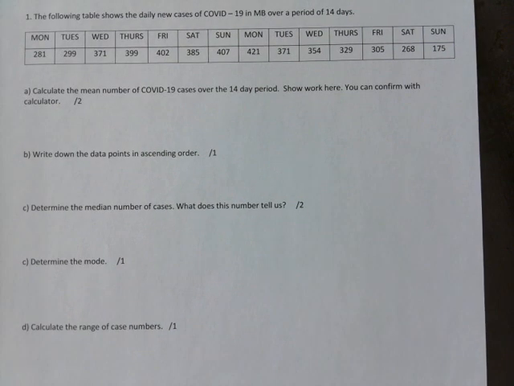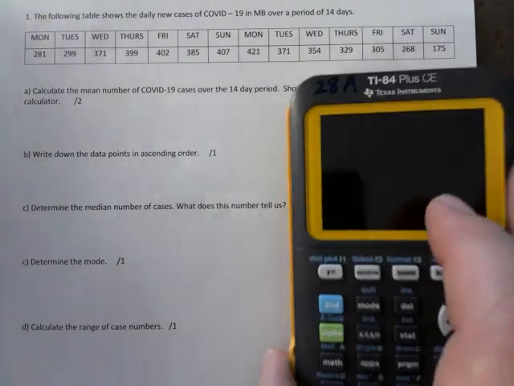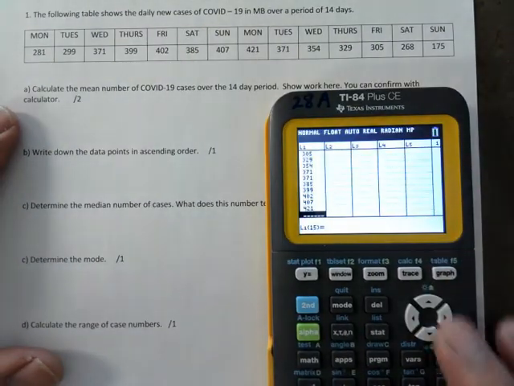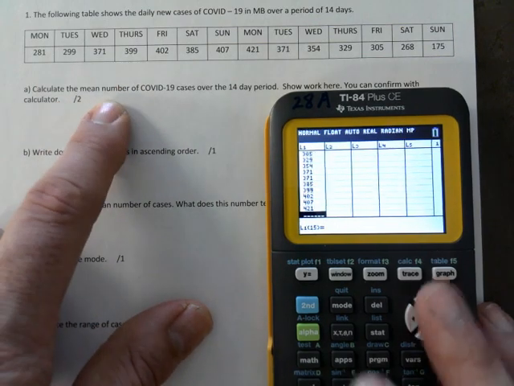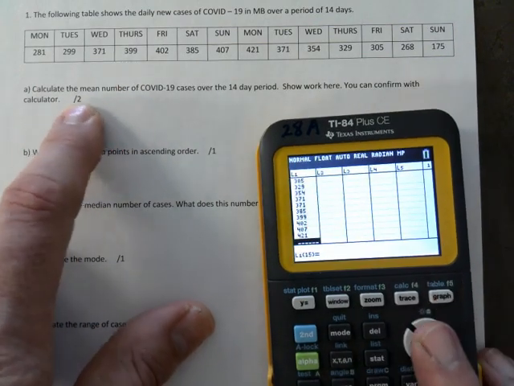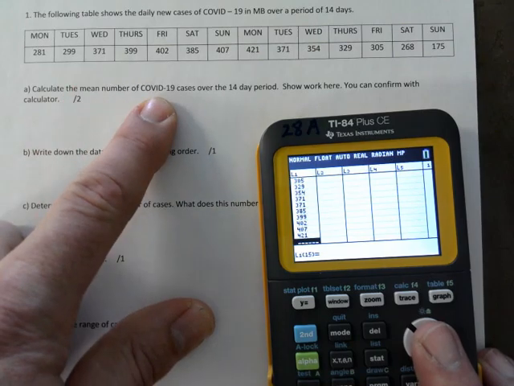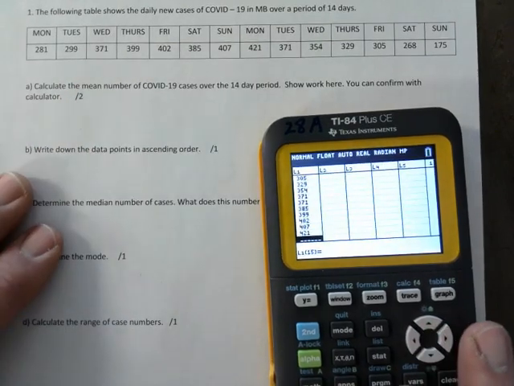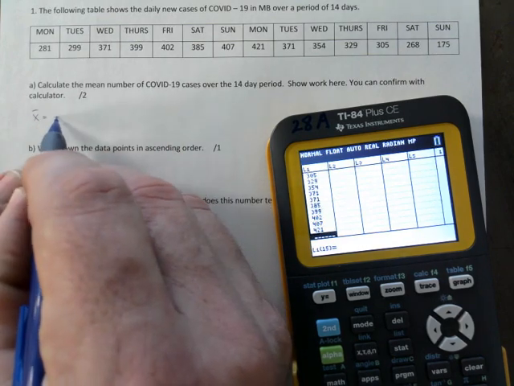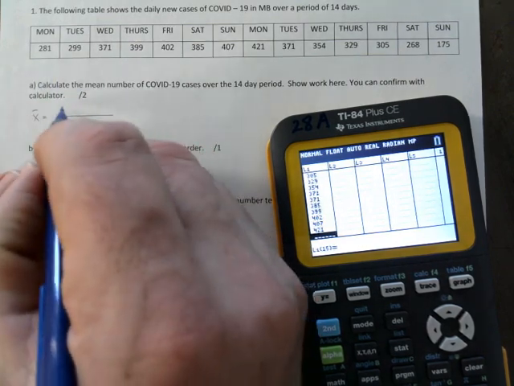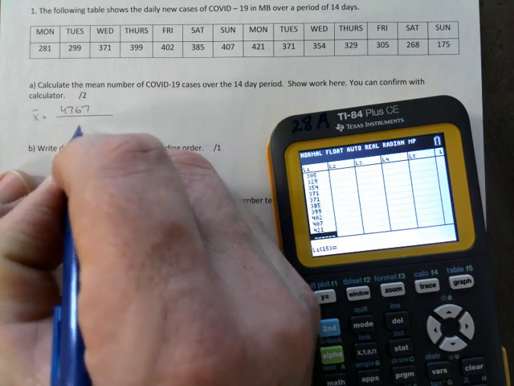So follow along there. We have 2 weeks worth of COVID cases, right? The expectation is you would enter them into your L1, and the first one is asking for the mean number of COVID cases. You can do it by hand, of course. If you were to do it by hand, you add everything up, you get 4767 divided by 14,